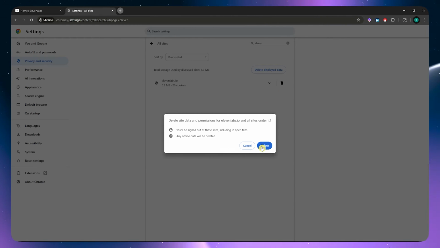Just take note that before you do this, you will be logged out of ElevenLabs and you might have to input your login details again. So if you can't afford to lose that just yet because you don't know the details, then I suggest that you think this through. But if that's no problem to you, click on delete and then go back in here